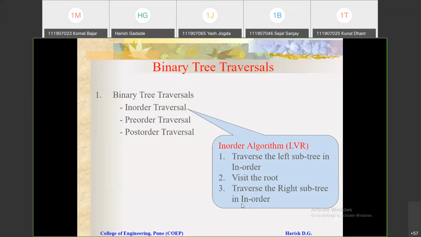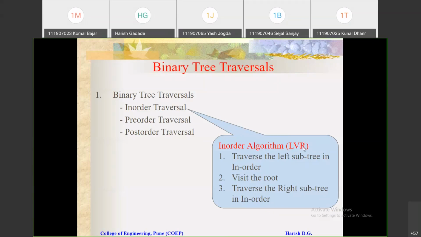It means only 3 steps are there. You can understand here that the name of this algorithm is in-order. In means in between, right? So in between L and R, L is left subtree and R is the right subtree. In between these two, we are putting this V. V is either we can say visit or we can say print. LVR, right?